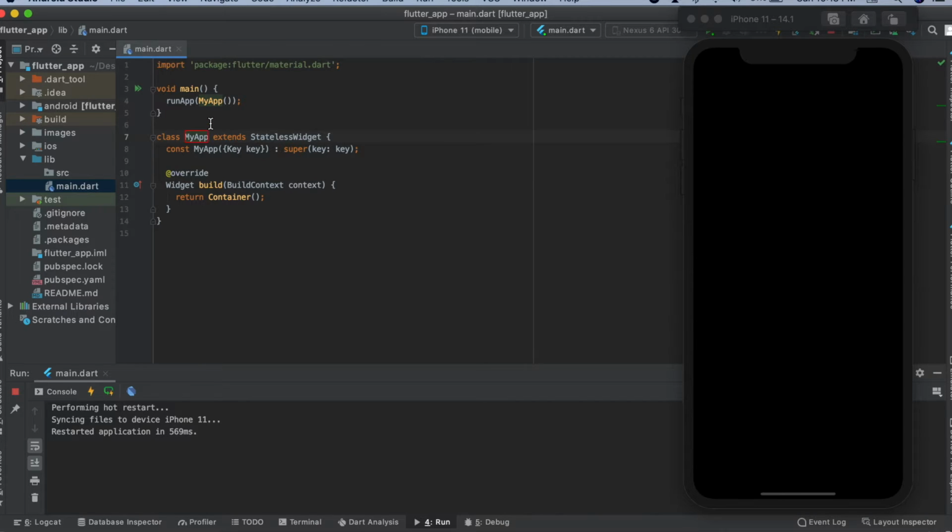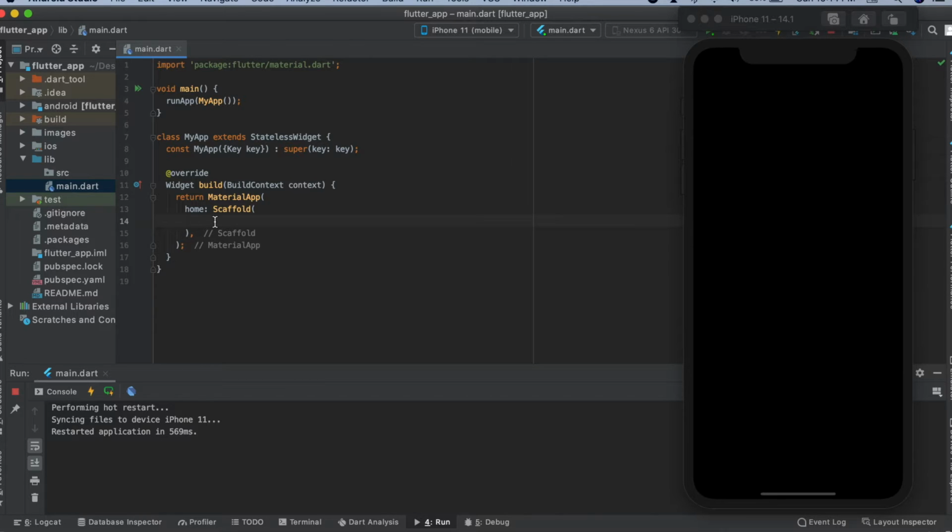Then we have the very first property, which is your app bar. So let's start with your app bar, and before that I told you about your material app and scaffold. So let's just return material app here. Then is your home, which will have your scaffold. So now we'll be working on it, and after this material app, this bracket where it is ending, this material app is ending, we'll be using the semicolons. So this is your scaffold.